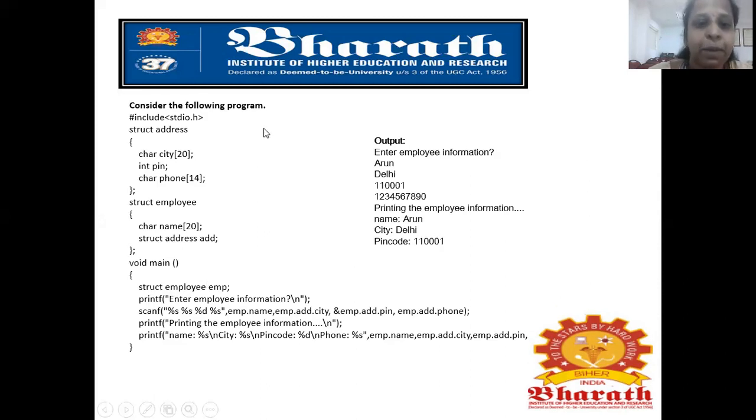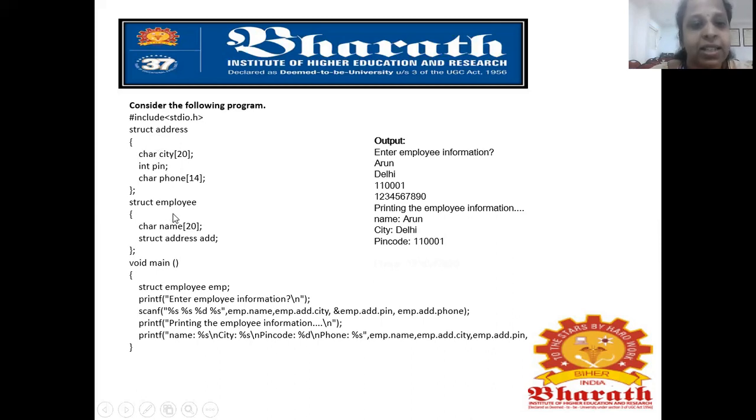We'll see an example program for nested structures. First is a header file; each and every program should consist of a header file. Next is a structure. The keyword for a structure is struct, followed by the name you have given, address. It consists of the address of the employee: city, PIN number, and phone number.